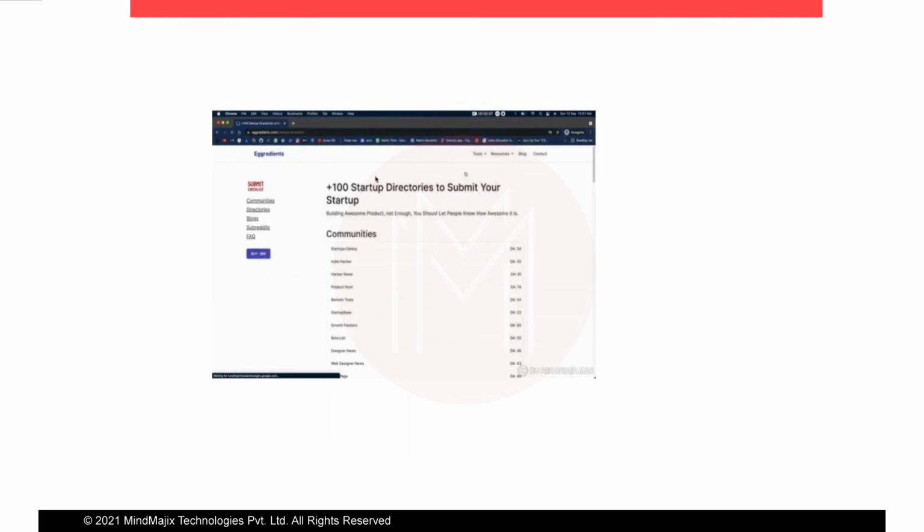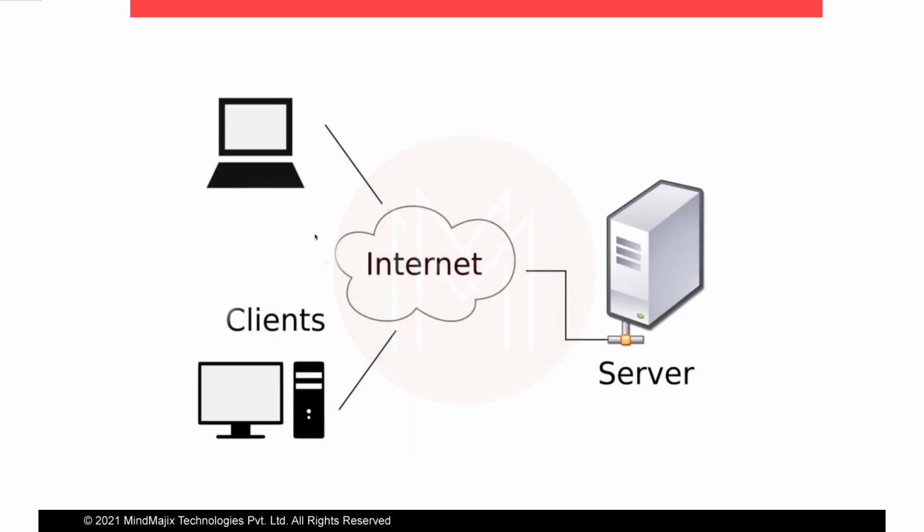And there's also one problem. As I told you, these websites and web applications can be opened through browsers only. Browsers can only understand HTML, CSS, and JavaScript, and this server is sending HTML, CSS, and JavaScript to the client directly. But suppose we have a mobile application.